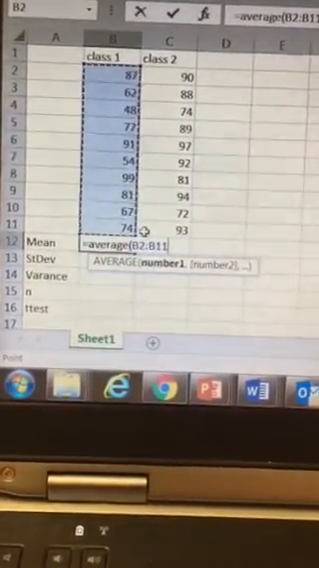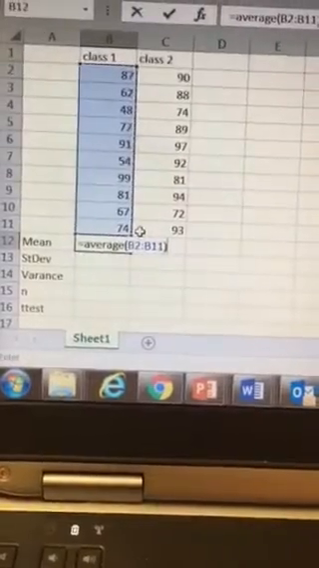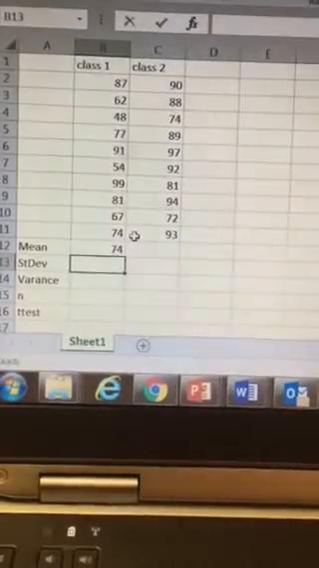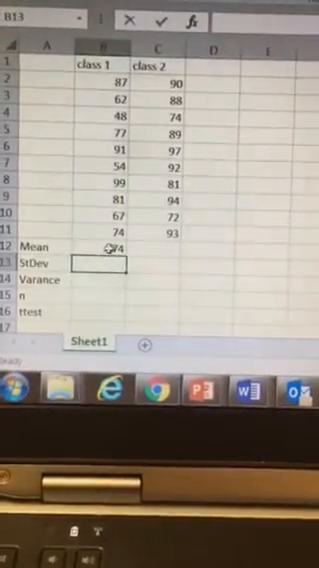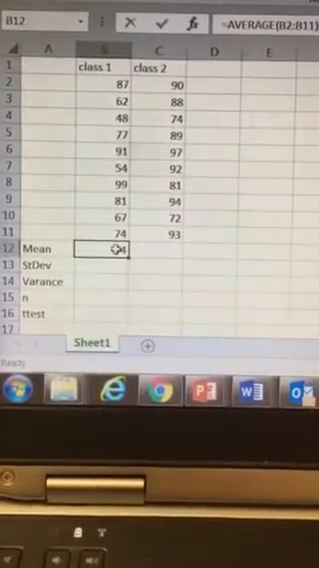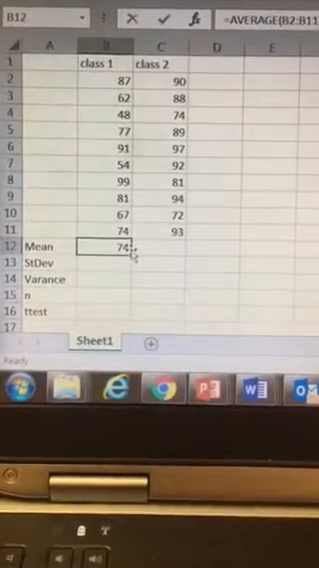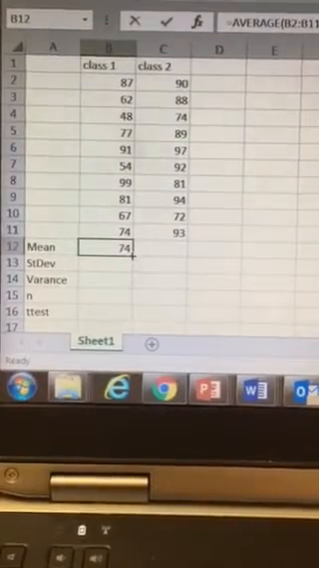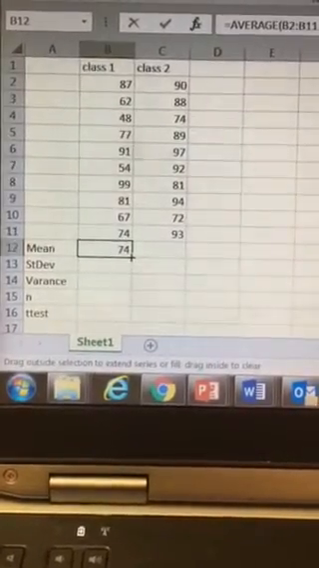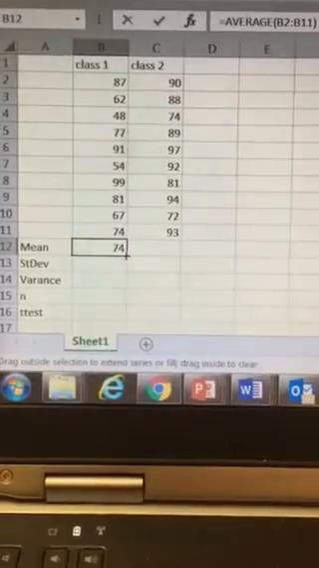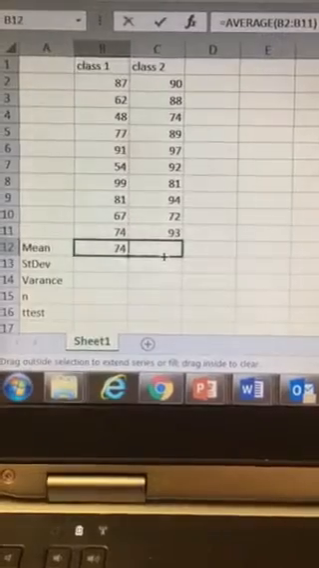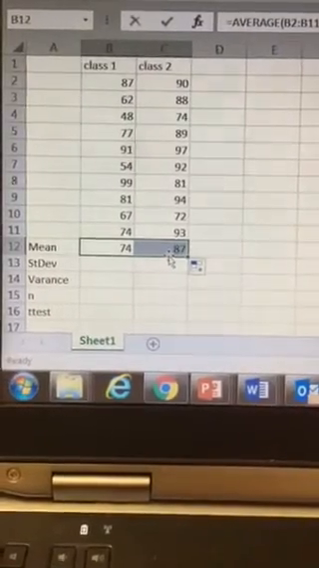I'm going to close the parentheses, and I'm going to hit enter. So that should give me my mean, or my average, for class 1. Now, a nifty little trick here is to just put the mouse pointer back over 74, the mean, and when your mouse pointer turns into a plus like that, use your left mouse button and drag that plus sign over to the next class, and it will automatically